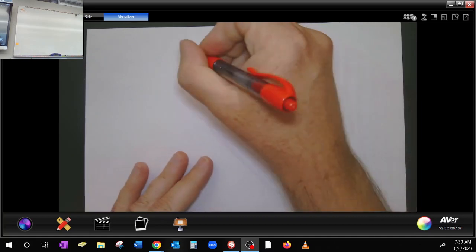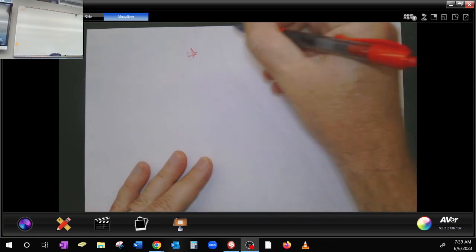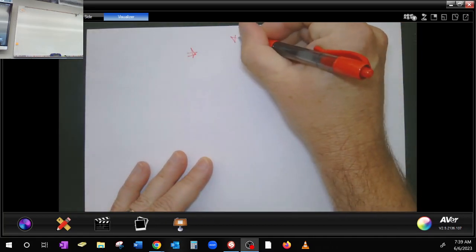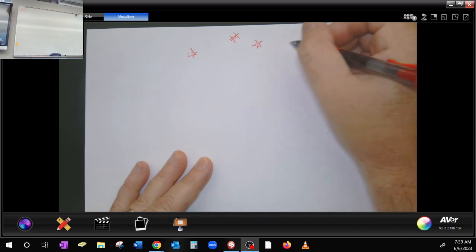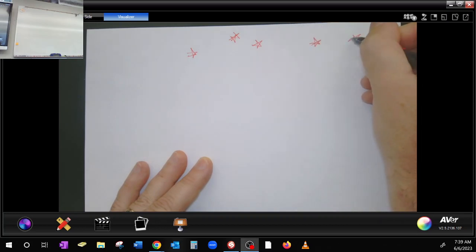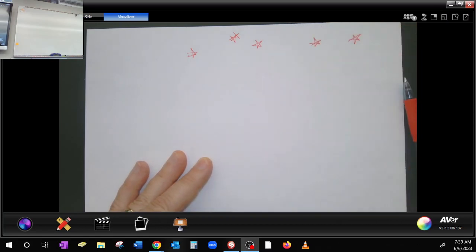If, what's a good color for stars? Red? If these are some stars that far, far away in outer space, that's a star. Can you guys believe that's a star? There we go. So here's some stars way, way, way in outer space. All right. And there was some sort of